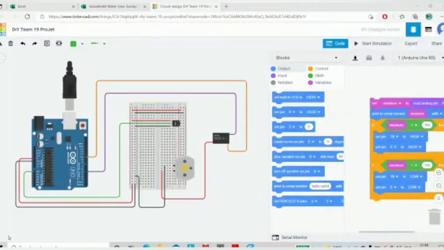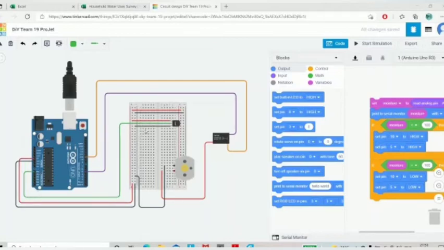Hello everyone, myself Priya Nandi, roll number 20CH10046. So I will be explaining the circuit diagram part of our project. In this diagram, we have taken the analog pin A0 as the input and the digital pin number 10 and the digital pin number 5 as output. And this 5 volt power is given to this one in red and this one is connected to the ground,